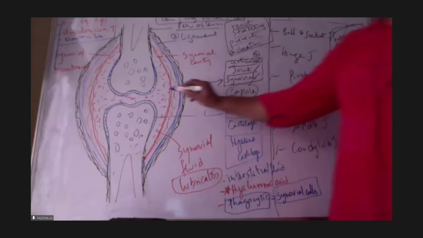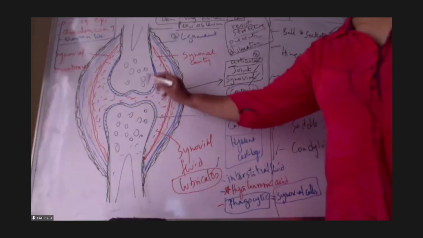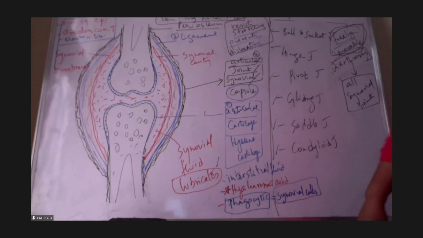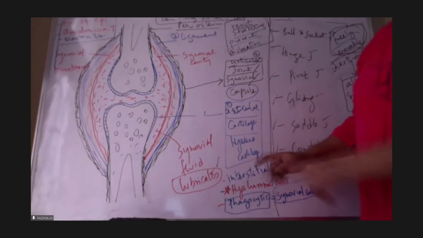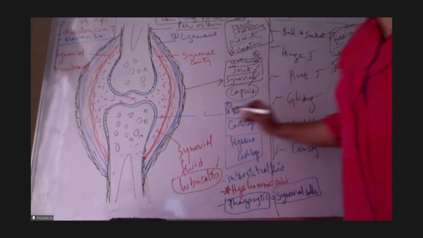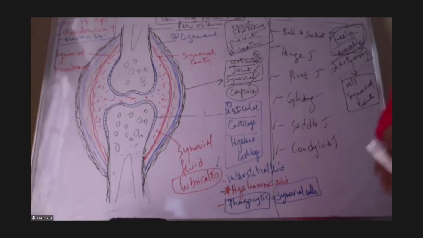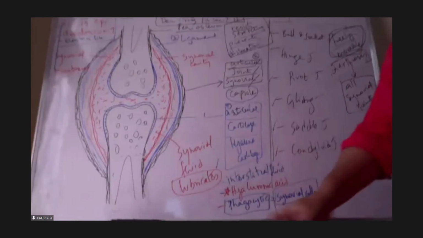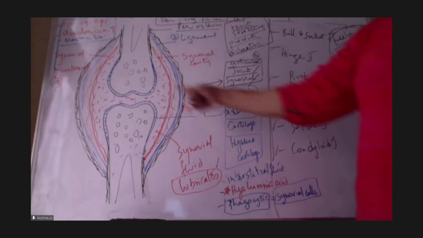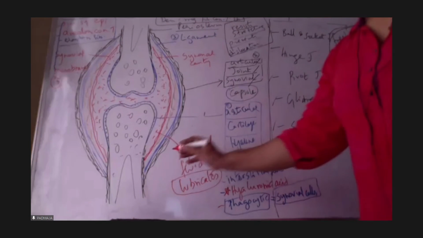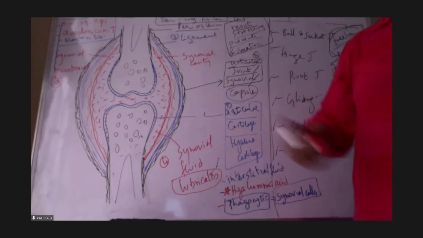So what is the use of this fluid here? It acts as a lubricant. It reduces the friction. So you have to draw this diagram and explain the points. First you start with the cartilage, they are covered. Then you enclose the joint inside the capsule. Some of the fibers become regular. And third, you explain about the synovial membrane, which encloses the synovial cavity. It itself secretes this synovial fluid which acts as a lubricant. 4 points, 4 marks with diagram.